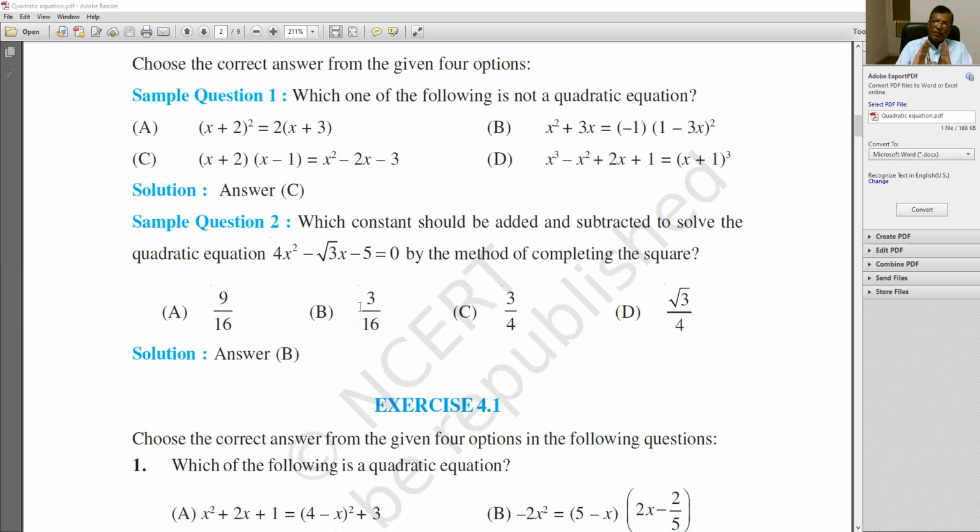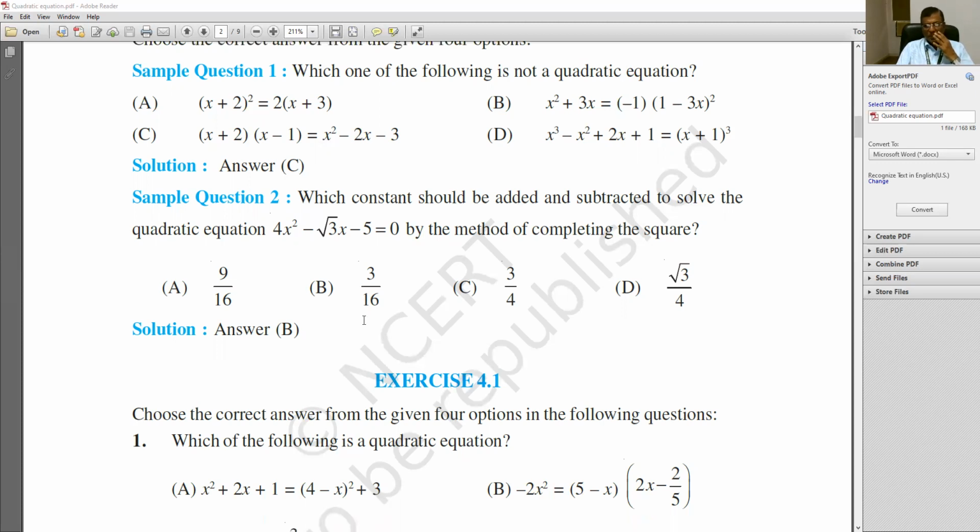But you can say, sir, you are just telling, how is it possible? For that you should do at least this: you should complete the square, because in your school level mathematics you have learned how to complete the square of a given result. So the same you have to do here also.